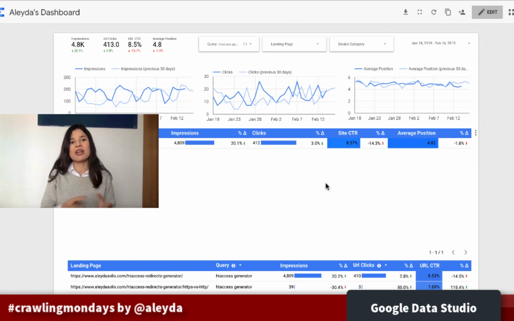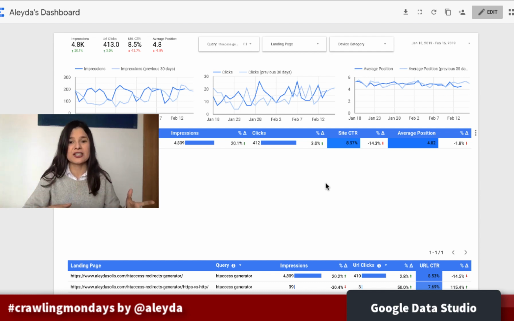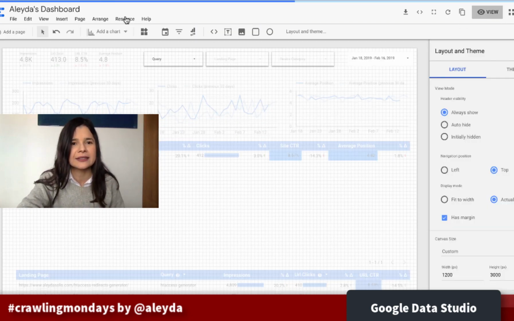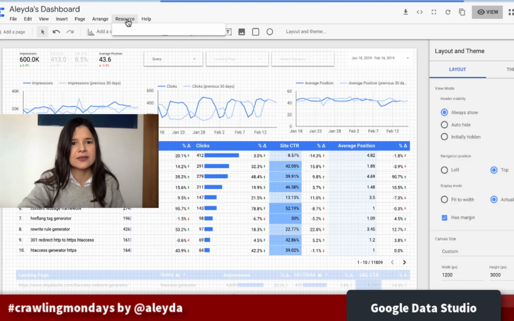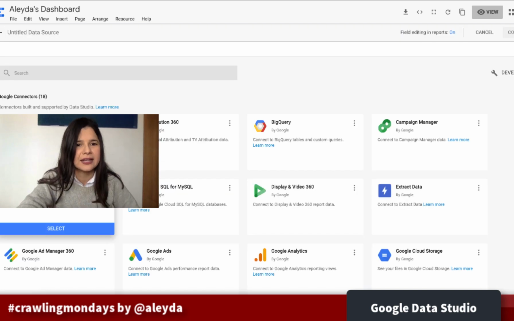So I always create one of these for any website that I work with, because even if I have the Google Search Console access directly there, I have this other way to aggregate data and easily filter data to identify if something is wrong. And as I mentioned before, they provide here resources, ways to obtain much more data from many of the data sources. If I add a data source, we can see that there are ways to add